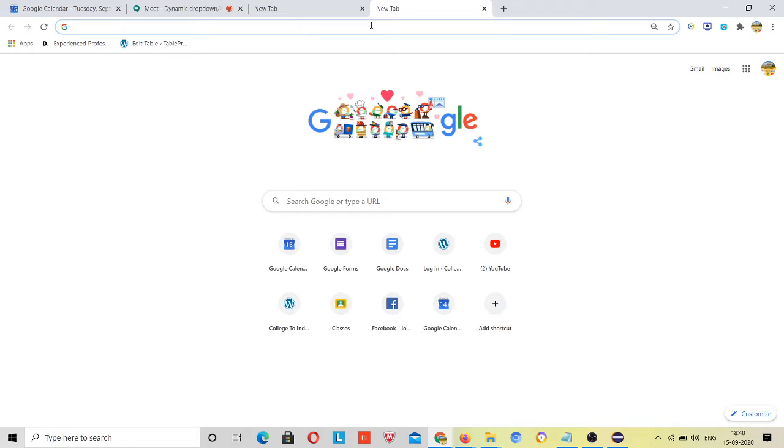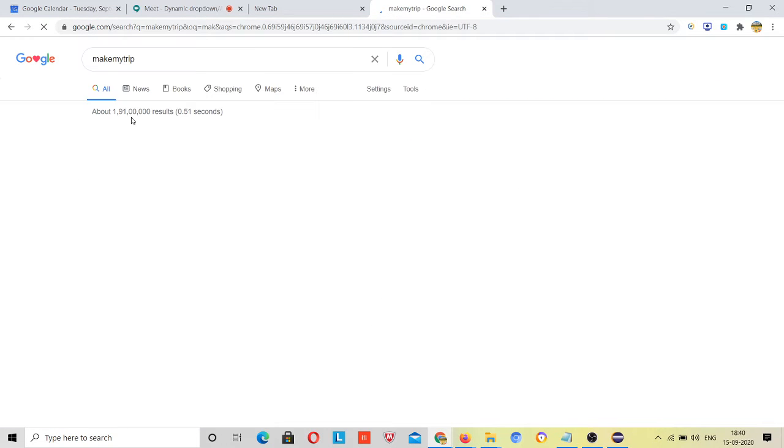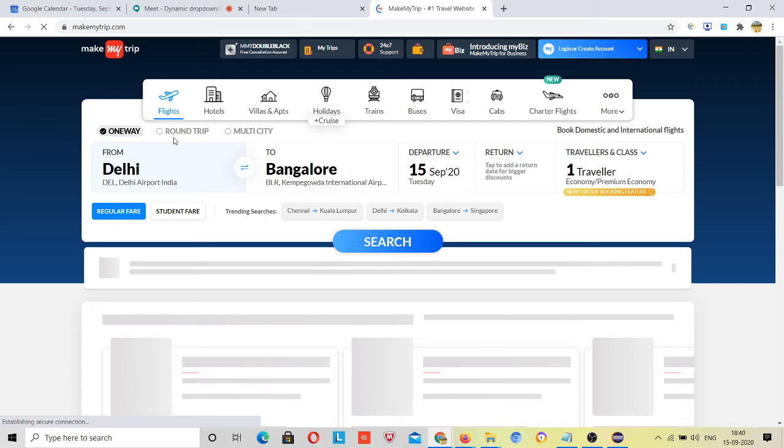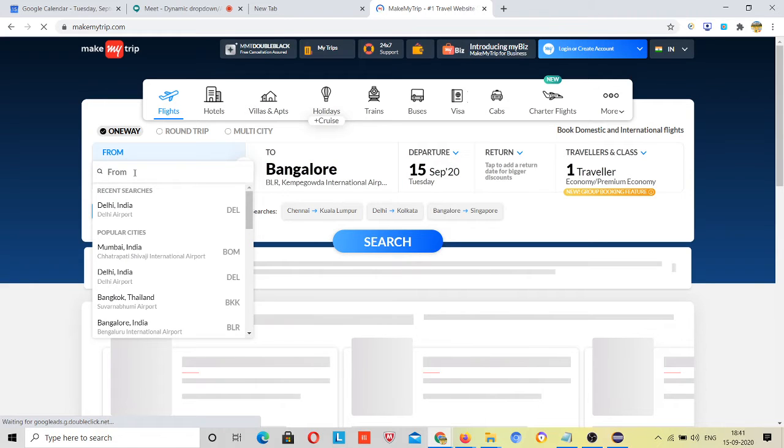Where it comes in, suppose I am going to browse a website called Make My Trip. Based on my last booking or my last search result, it gives me auto suggestions. So I need to clear this field. There is some way in Selenium to clear this, but that's not the topic for today. Just click on this and suppose I type BEN.